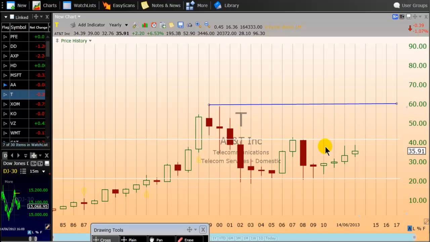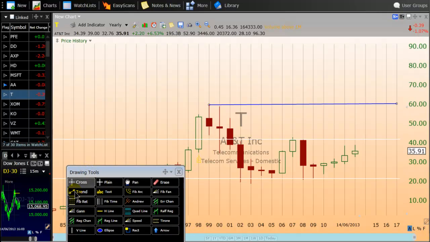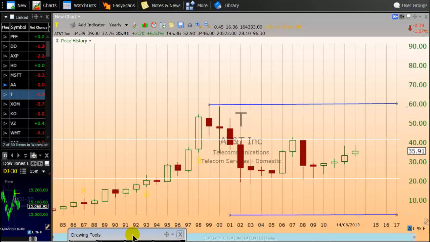So when we see a range like this and the price goes above the range, we will project the equal size of the channel to the upper side. If it goes below the range, we will project it to the downside, equal size. This is important because you want to make a decision. Not only do you want to make a decision, you want to know when to make the decision and where to make the decision. As a trader, you want to know the target zone.